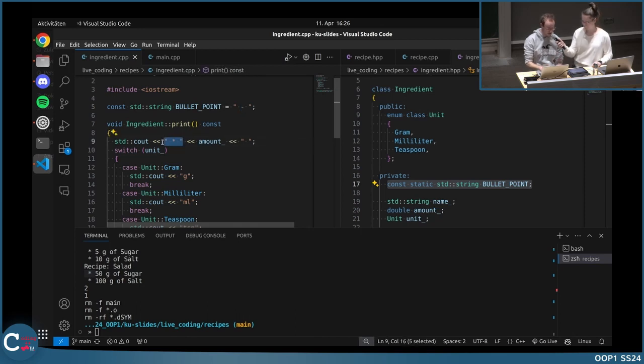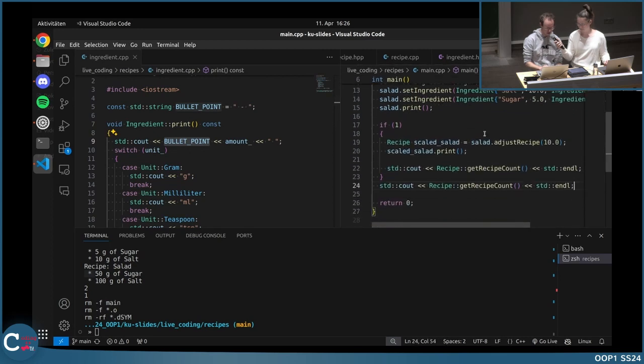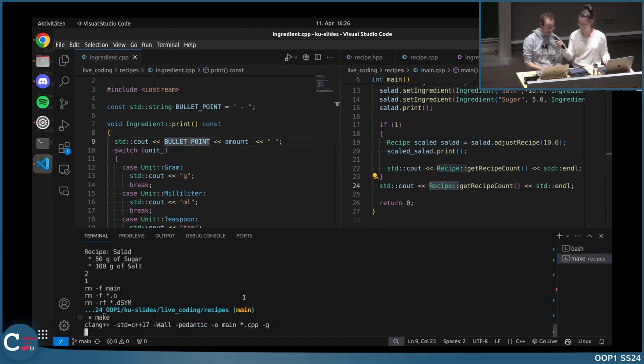And now we can use the bullet point here. And since we are in a method of the ingredient, we can use bullet point without referencing the class, because we're already in the scope of the class. If you compare it to the main function, where I use this static method, I needed to write recipe because we need to refer to the class, and here we're inside of the class, so we don't need to do that. And if we try it one more time,